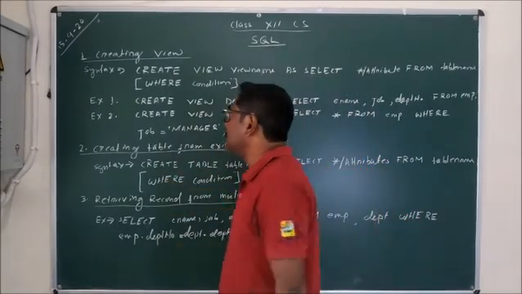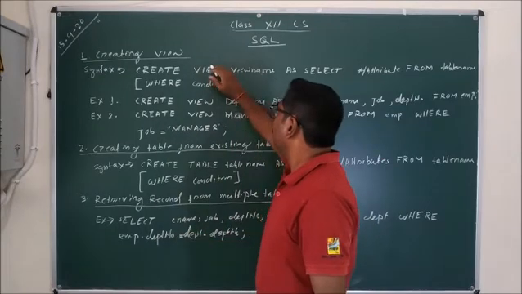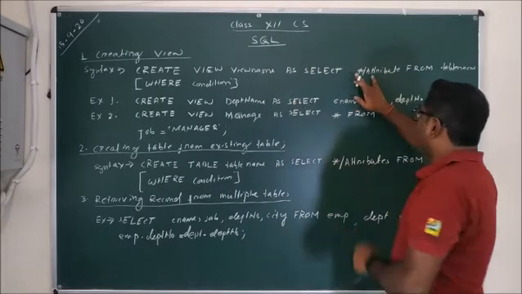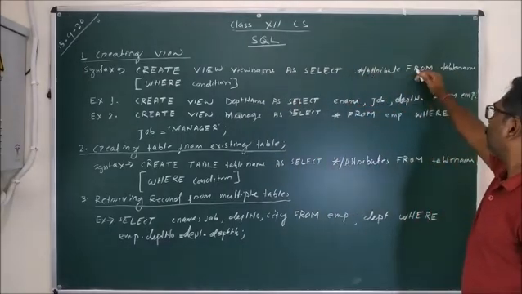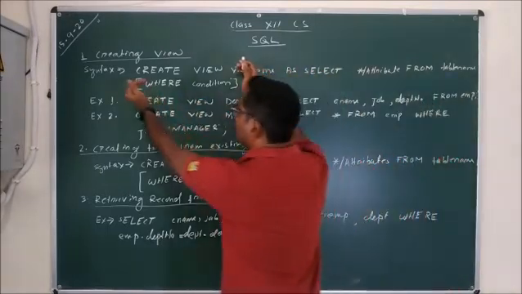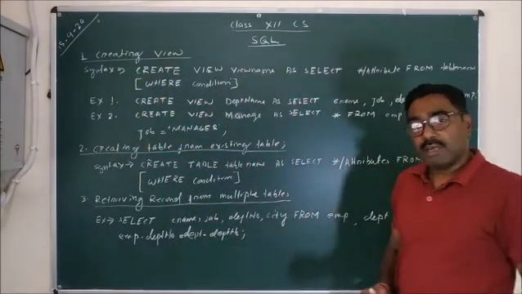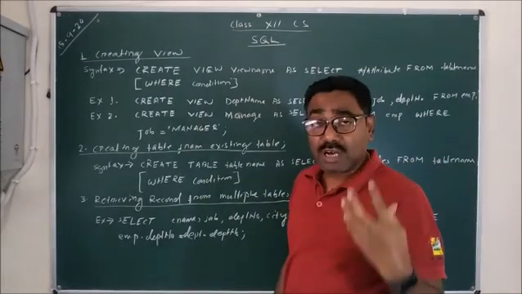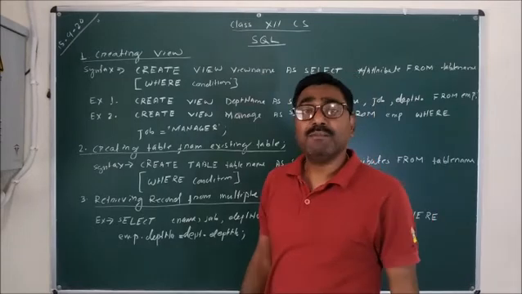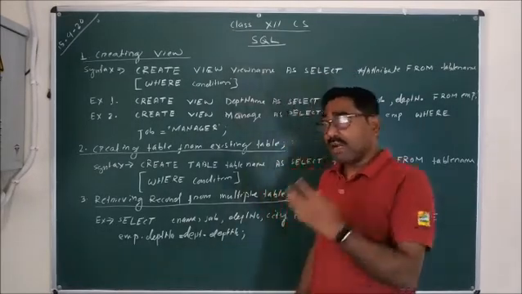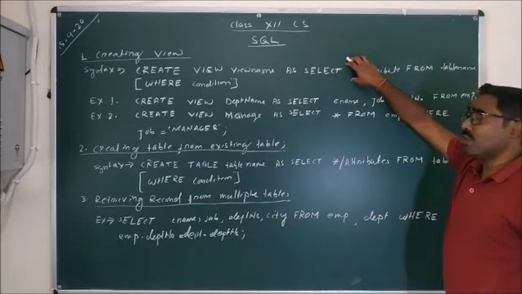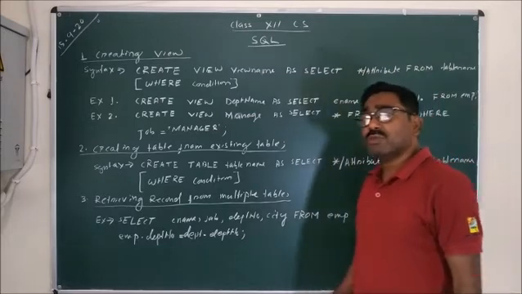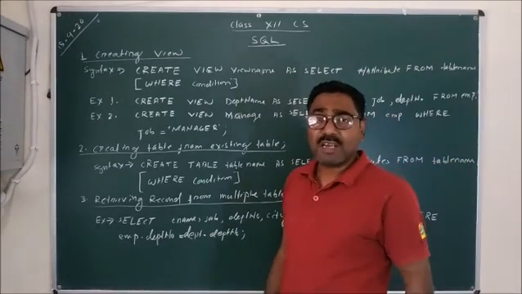Now let's see the syntax. Create view, view name, as select, asterisk or attributes from table name, then there is an optional part, the where condition. If the requirement is there, we can use the condition, otherwise we can create a view without a condition also. In the same way, according to the requirement, you can take all the attributes with the asterisk symbol, or you can use some of the attributes by mentioning the specific attributes.